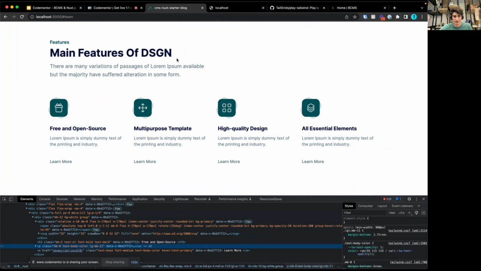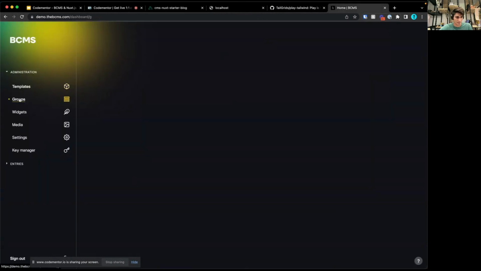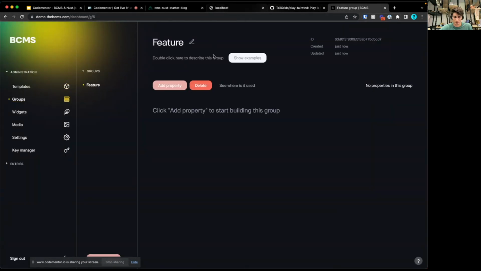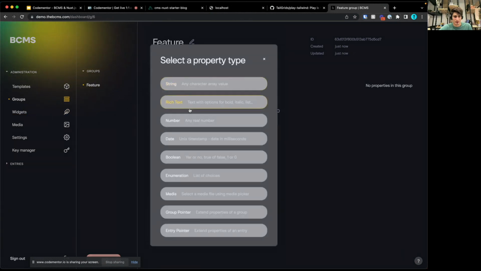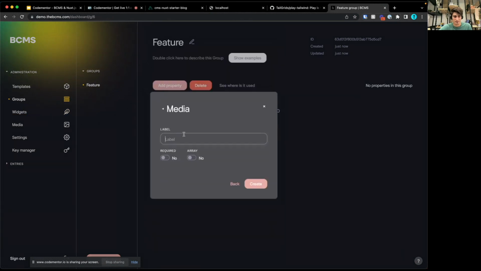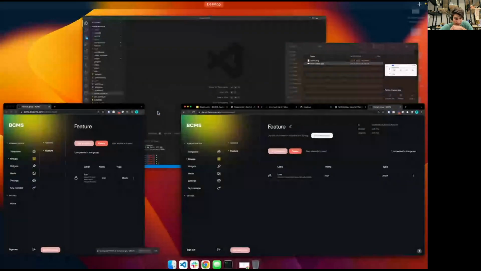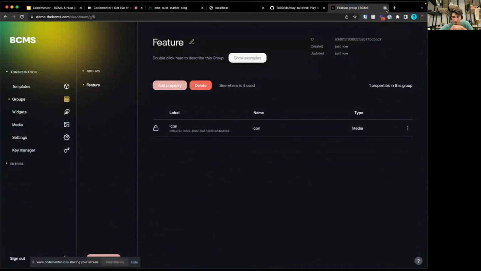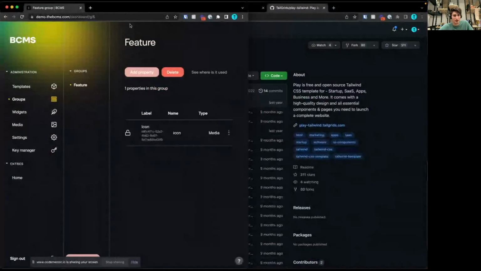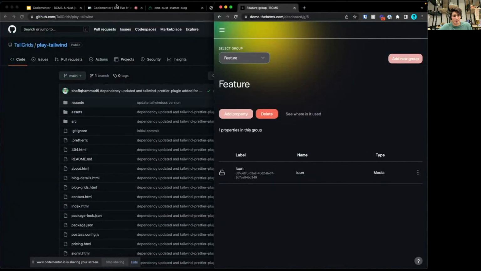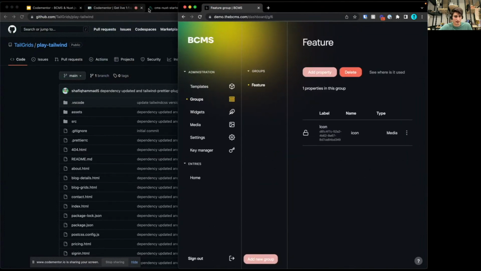So for that, I'll create features. So I'll create icon media, and then we'll upload those SVGs. Oh, I see why. I have this window here. So yeah, I have icon, then we have